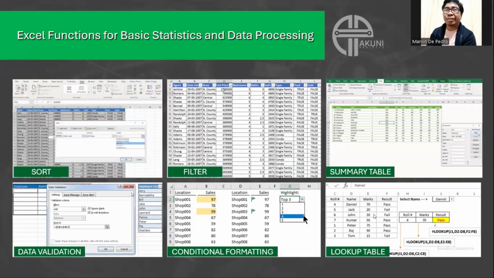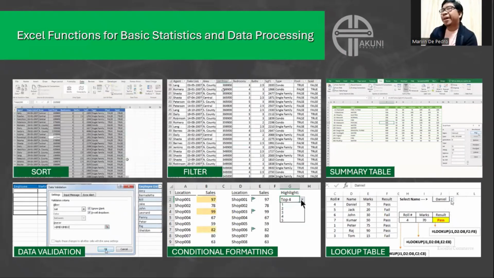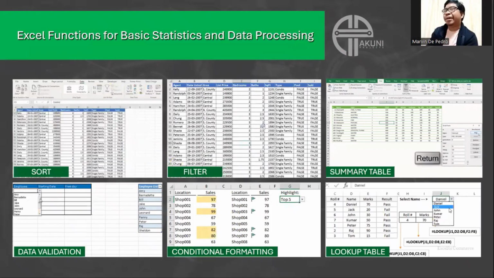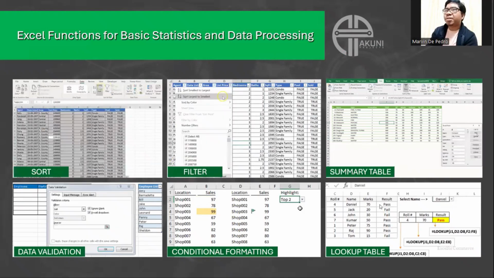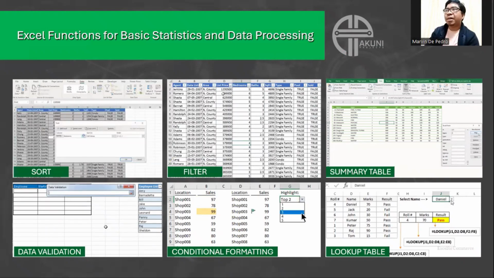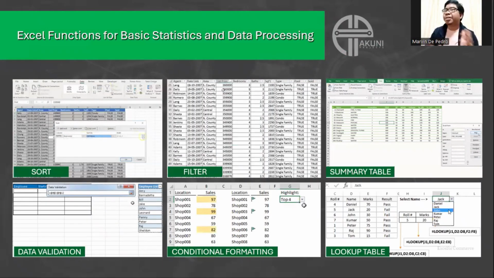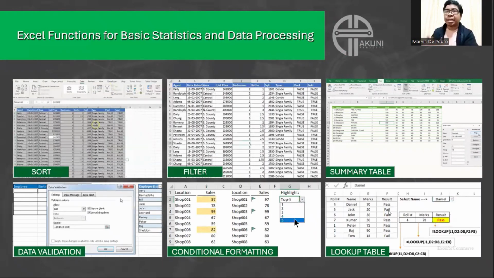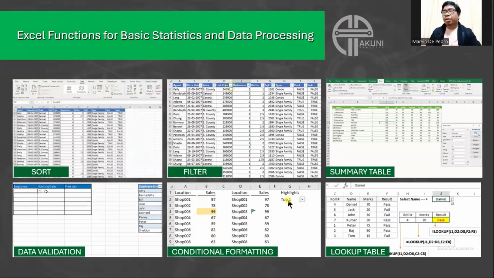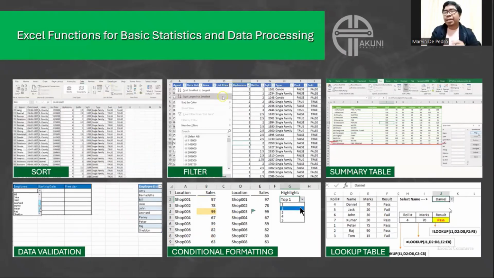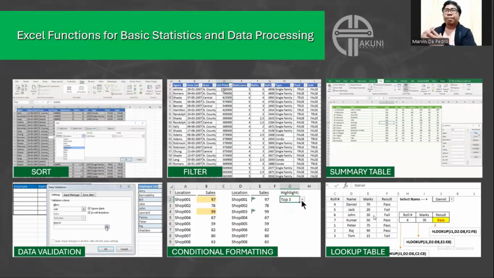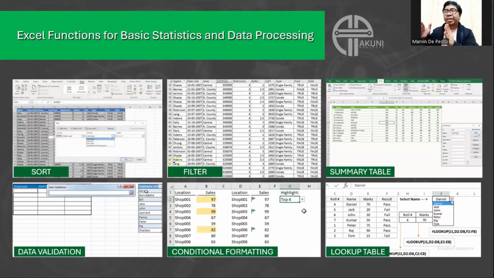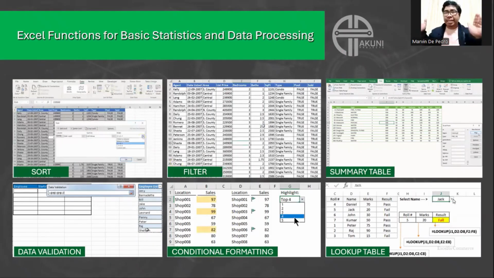And I just tried to select a few categories that most likely we are going to encounter when we do data analytics or as simple as data analysis. By the way, the difference, just in case you haven't realized in the previous part of the talk, data analysis is the main part of data analytics.